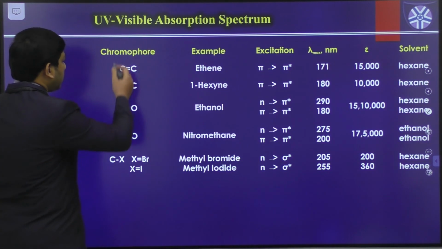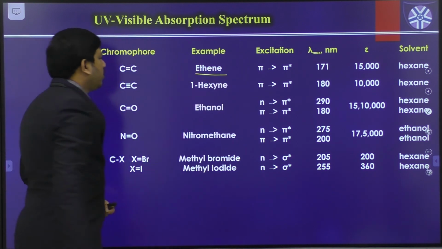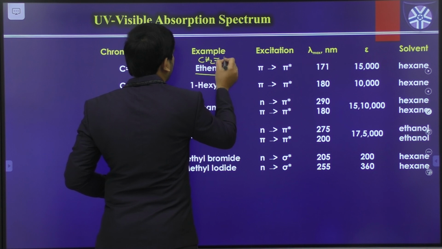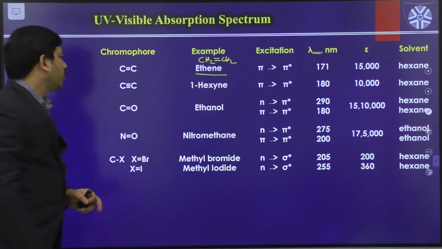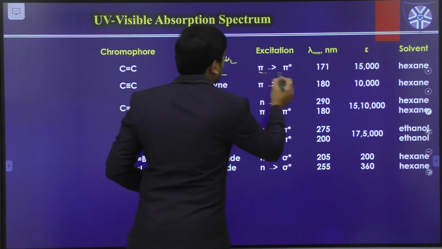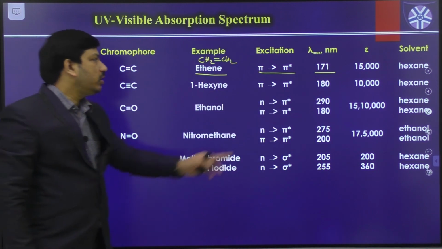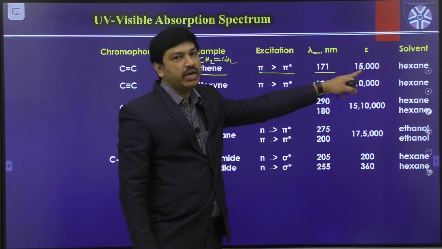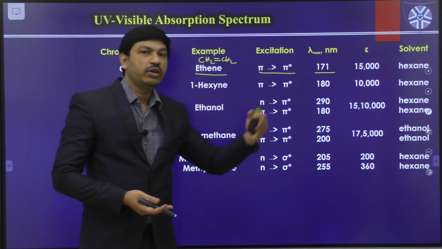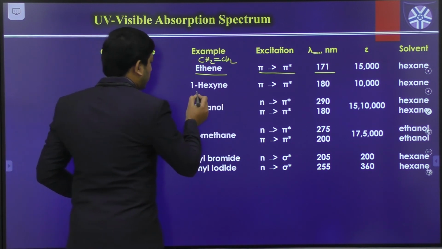Here you can see some of these chromophores in the table in different molecules. In the case of ethylene, we have a C double bond C group. What is the ethylene molecule? CH2 double bond CH2. So in CH2 CH2, what is the main chromophore? The C double bond C group only. In that case, the possible transition is pi to pi star, and you can see it absorbs around 175 nanometers, and this is the corresponding molar extinction coefficient from the Beer-Lambert law. And here the solvent they used is hexane, because you always have to dissolve the compound in one particular solvent. Similarly, another example.